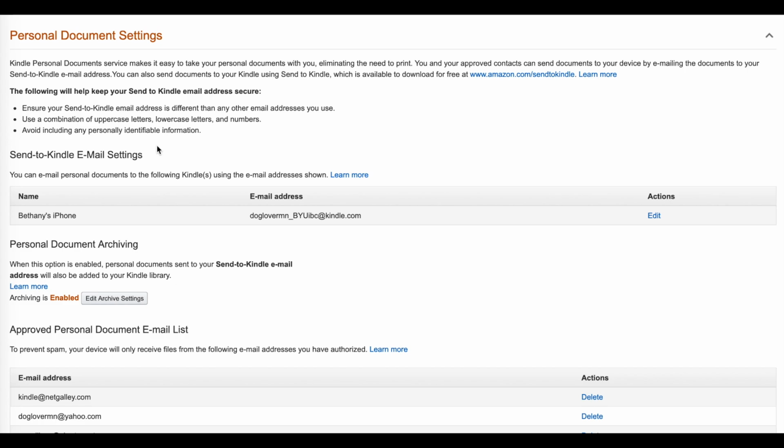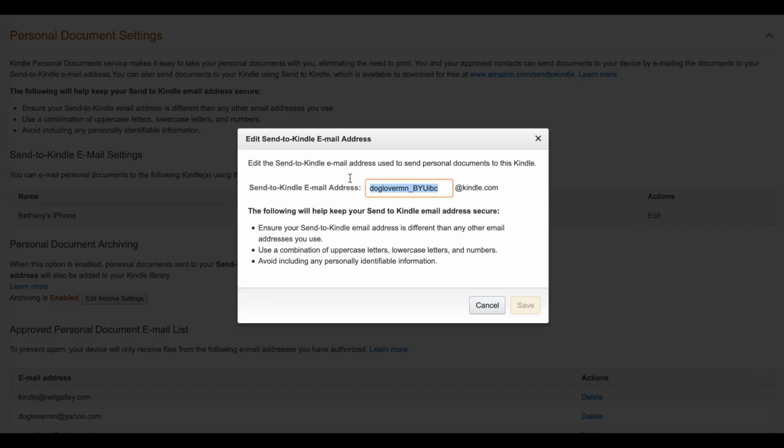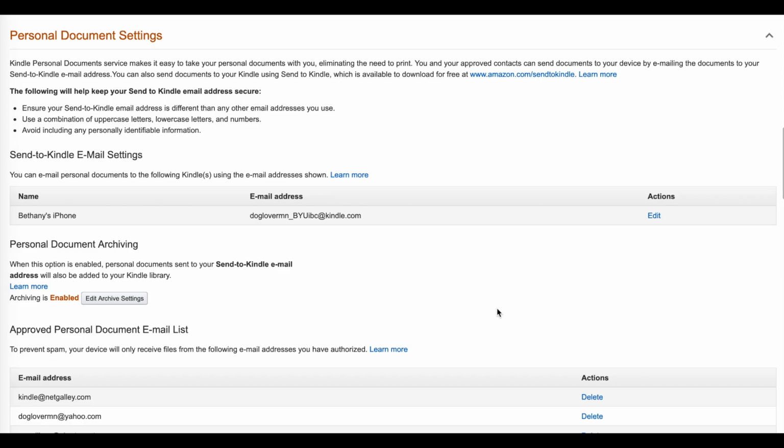So the very first thing is figuring out your Kindle email address. So this is where I'm sending the book. It needs to say @kindle.com, and it's usually a little bit strange looking like this. Although if you want to, you can edit it and make the beginning part of it a little bit prettier and more customized, and just make sure that you save it before you send that to me and let me know. But then grab this, copy and paste it, send it over to me, and that's what will let me